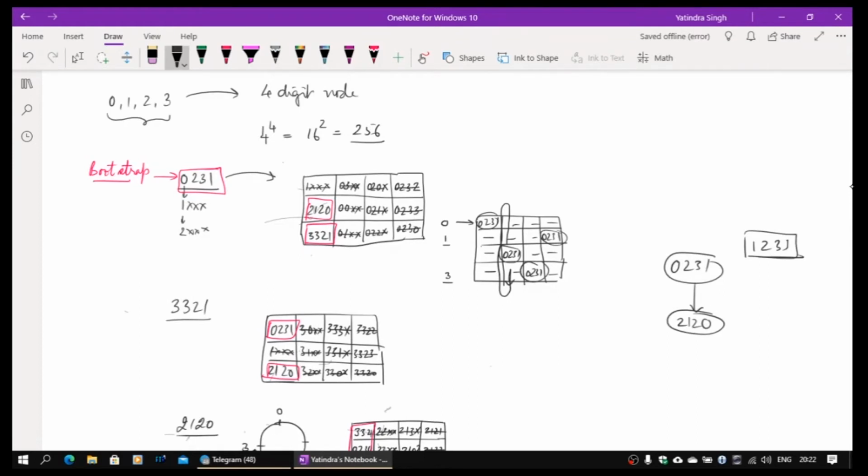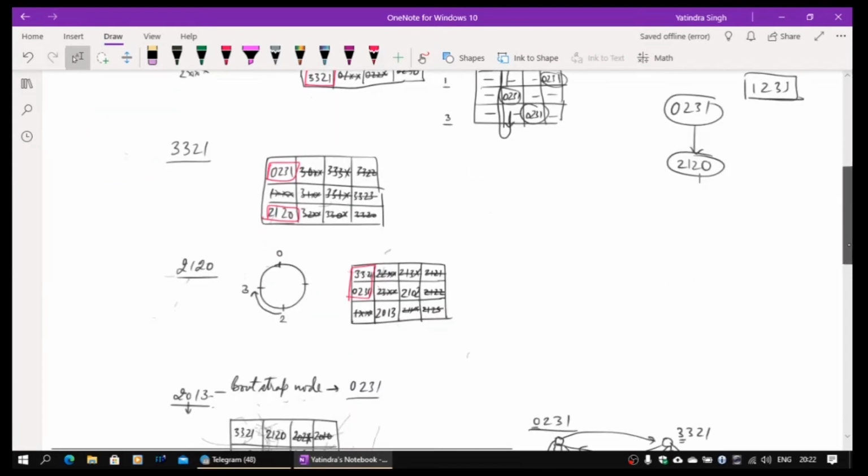Okay, now 2120, when it will search, it will find out 2120 itself is, in the first column search, starting with 1233. So it will always come back to the same node, so it has to go to the second column and it will find out to whom it's going to match. Okay, there is only 2013 and 2120, so there is 2 which is available, so this is going to go to 2013.